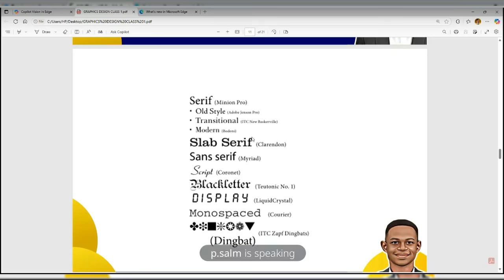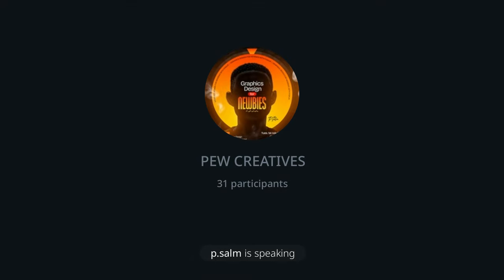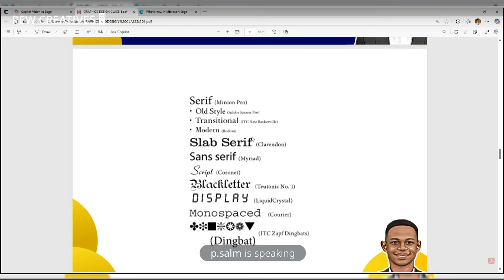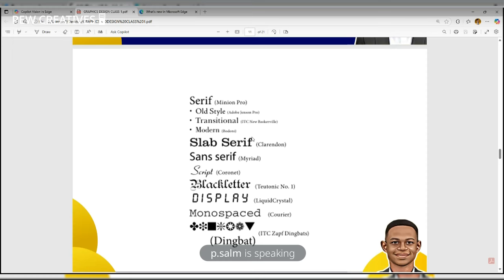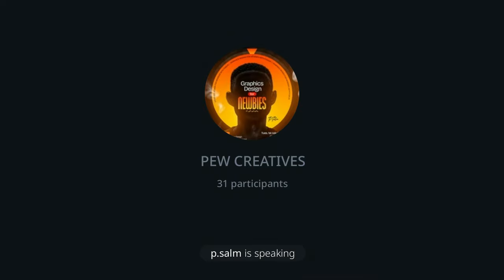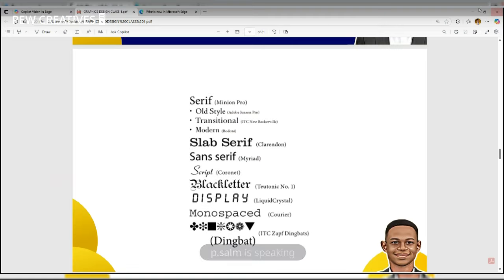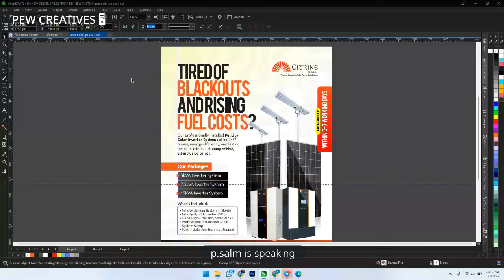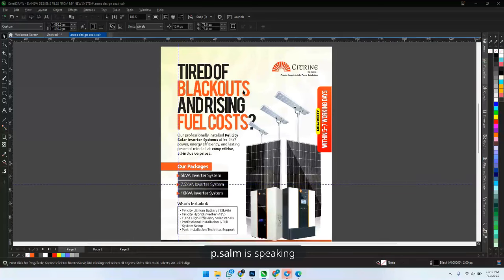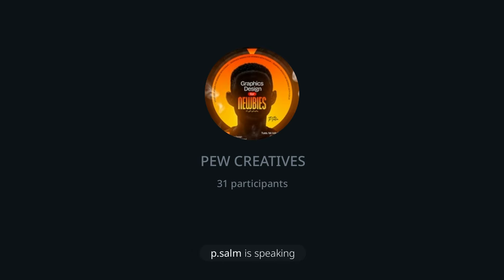Once I see a design, I know that oh, this is Montserrat here. They have almost used Montserrat too much and all of that. So you must know how to use those texts. Every design carries a text, so for you to be able to design accurately, you must know how to use your text well. If you look at this design accurately, you can see that almost half of the design